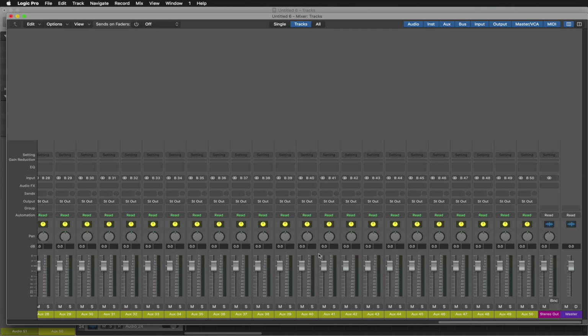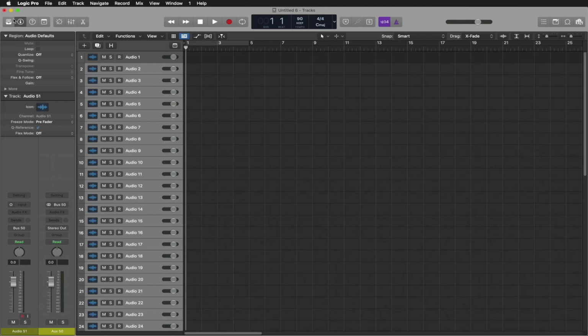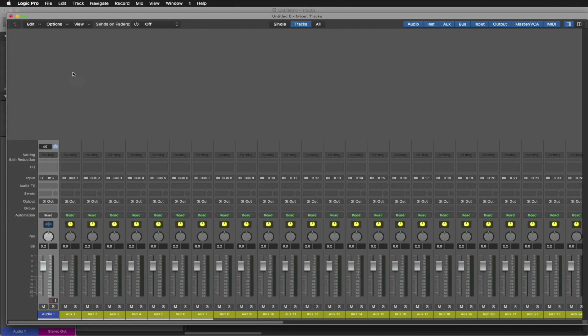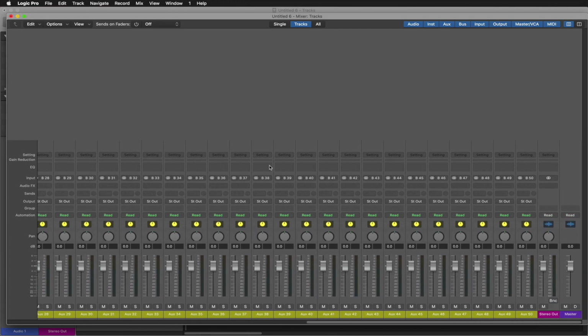There are 2 ways we can delete the tracks, from the main window or the mixer. The better of the 2 ways is in the main window, as after I've deleted the audio tracks here, I'm done. I'll return back to the mixer, and all that is left is the original audio track that I started with and the aux tracks I just created.